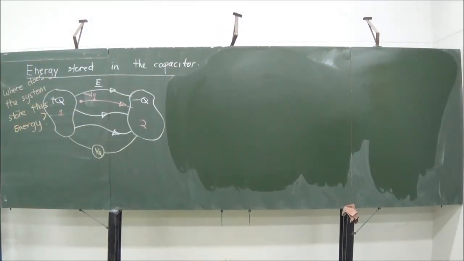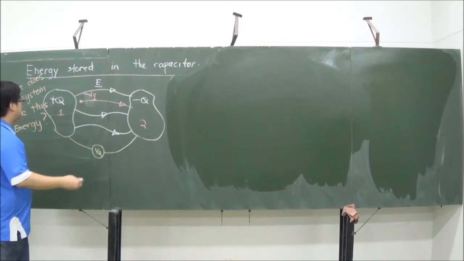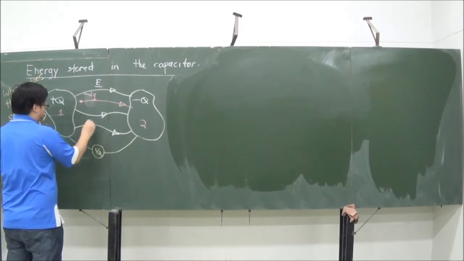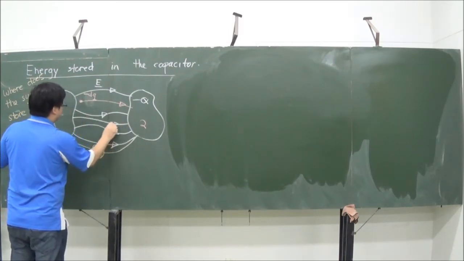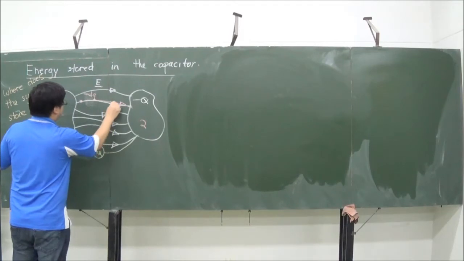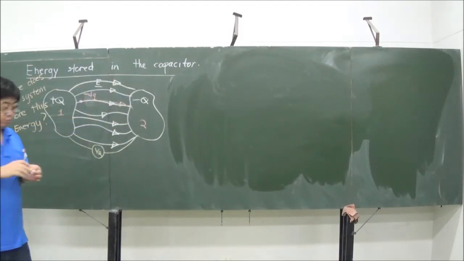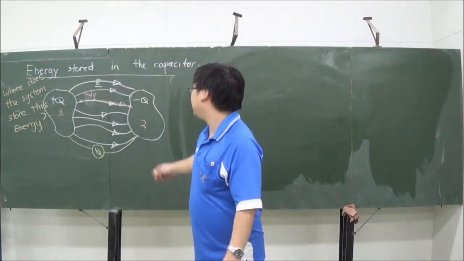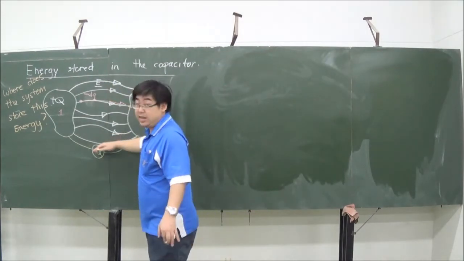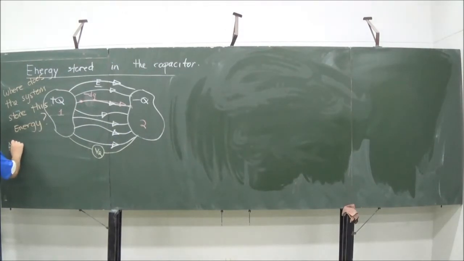So what we know is that when we increase the energy, and the way we increase the energy is we store more charges, and when we store more charges, we get more electric fields. So you see that when we store more energy, we get more electric fields. So it means that the energy stored in the capacitor is stored in the electric fields. So the answer to this question is